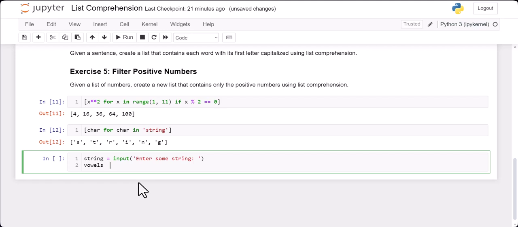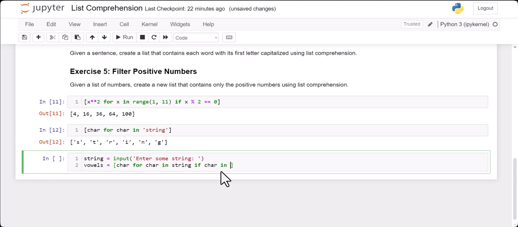Vowels. So I would just do something like this. I'm just using list comprehension, and here I could say item for item in what? What do you think about this? In our string, right? That we got from the user. But let me change item to character. I would like to write it down as a character. So if what? If